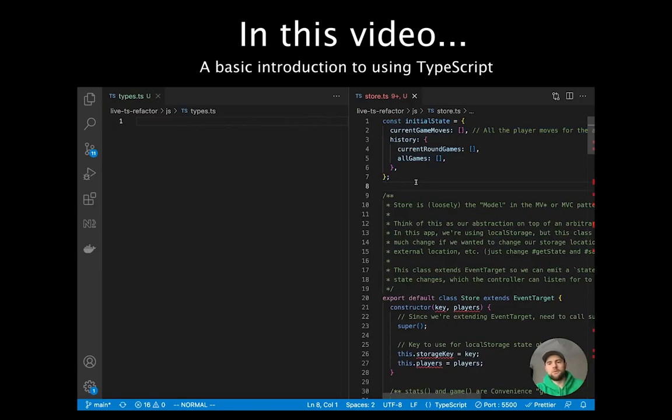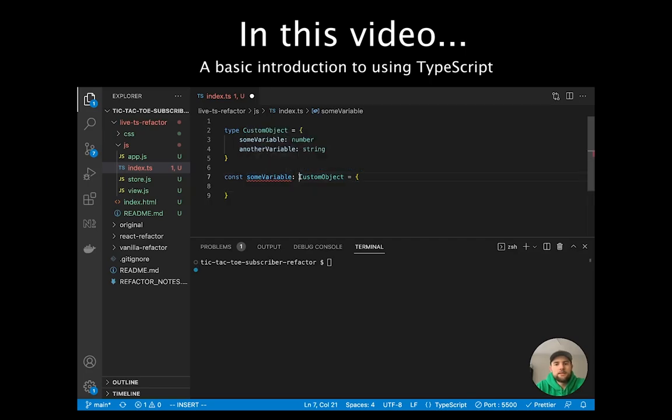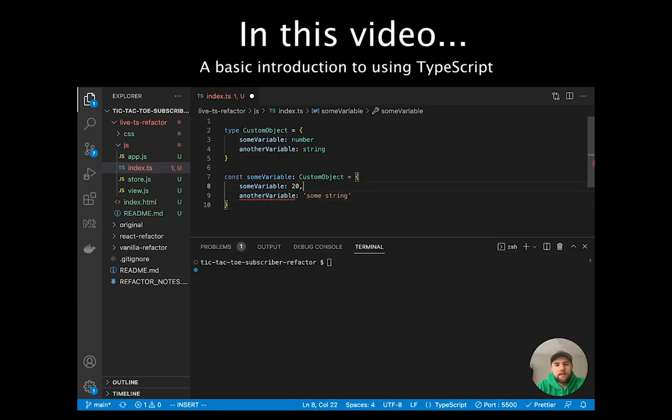The benefit of TypeScript is to just have confidence over the types we're passing around. I generally prefer types, but some people will get heated with a discussion about which one is better in which situation. So we've got these red squigglies because VS Code has detected that you are typing this object as a custom object type. So if we put these in just like that and then finish off the object, now this is matching the type that we've assigned it.